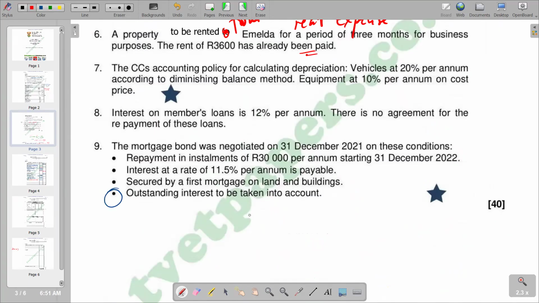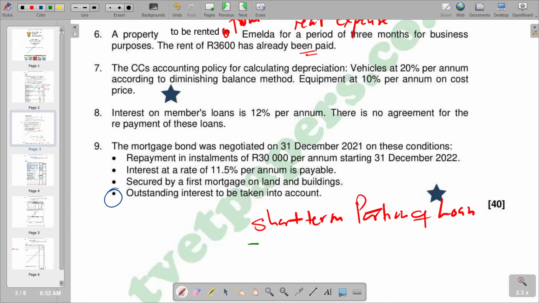So it means that if you have got interest capitalized, there is going to be a creation of a short-term portion of loan. My explanation is if we have got an outstanding interest amount, it is called interest capitalized. And when you have such a scenario, it means we are supposed to have a short-term portion of loan. And we calculate it by saying